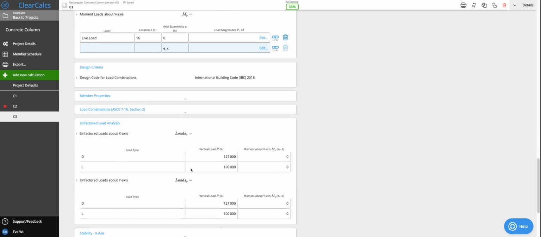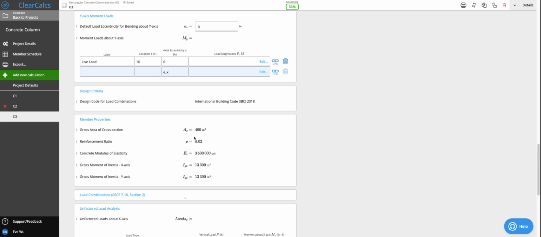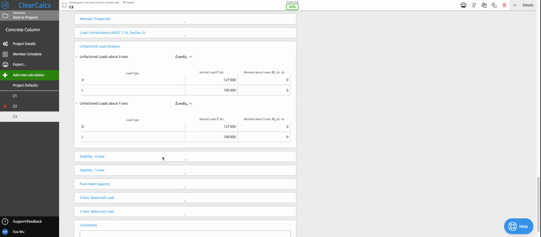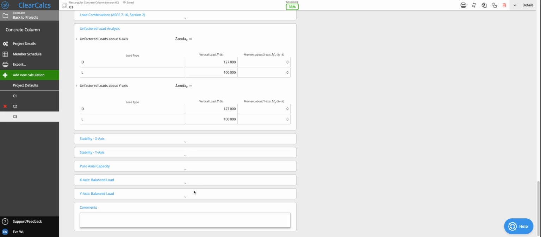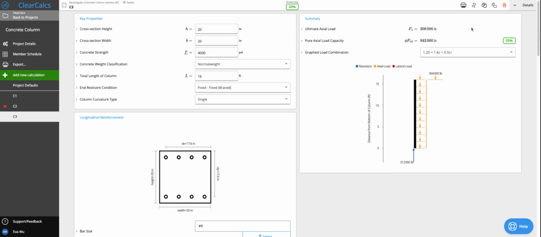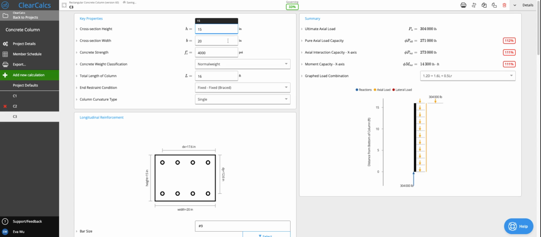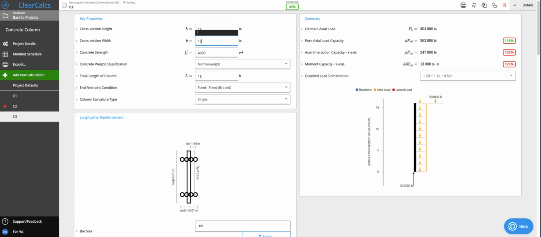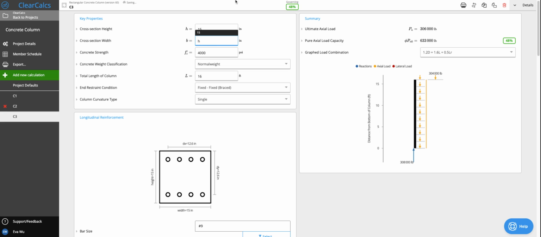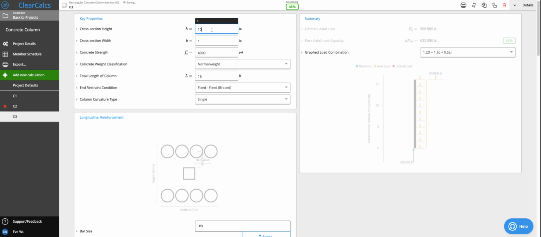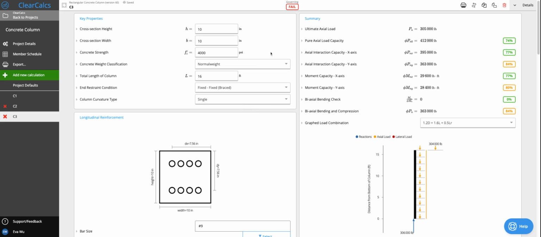And then in member properties, we'll see all the member properties, and ClearCalcs will do all the calculation. So we'll see that actually we're at 33% governing, and maybe this column is actually slightly too large. And we can reduce the column size to maybe half of that, 3/4 to each, so that we know it's square. Even then, that's quite too large. So if we set it at